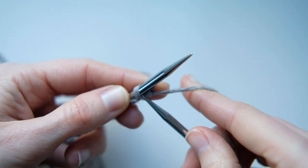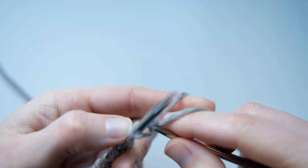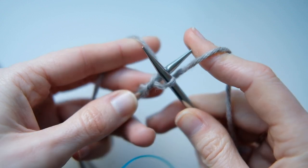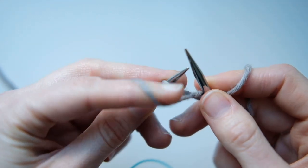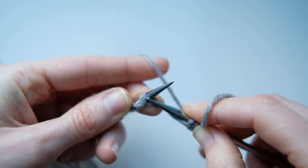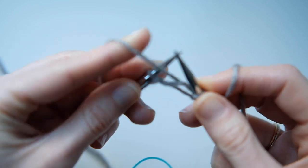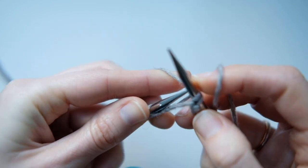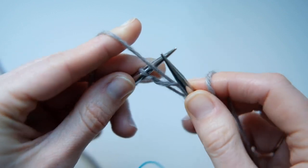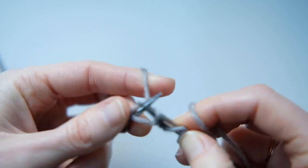So I'm going to knit into the back of that first stitch because it's on what you would consider to be backwards. So we don't want to twist it, so we knit into the back of it. And then we will slip one purl. This is the setup row, and into the back of that stitch because it's on backwards, and slip one purl, that one that looks like a purl, knit into the back, slip one purl, knit into the back,